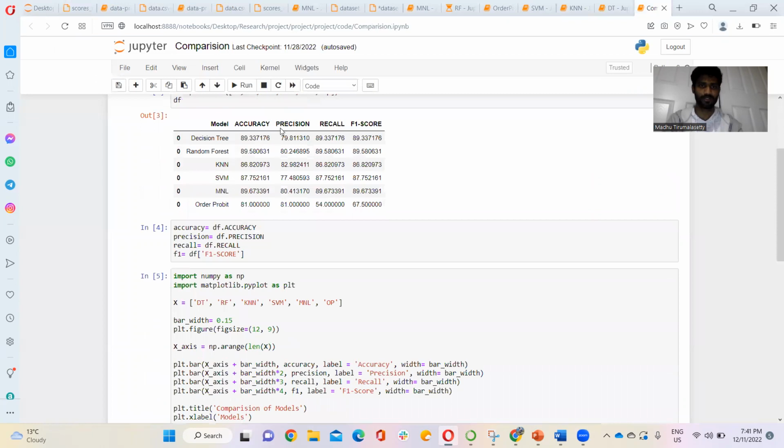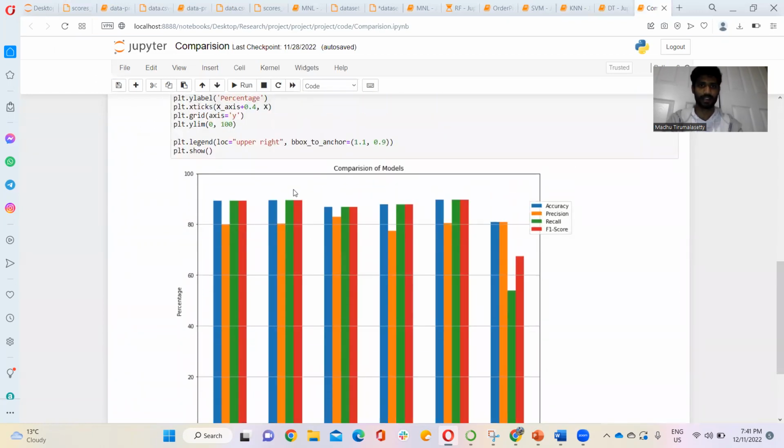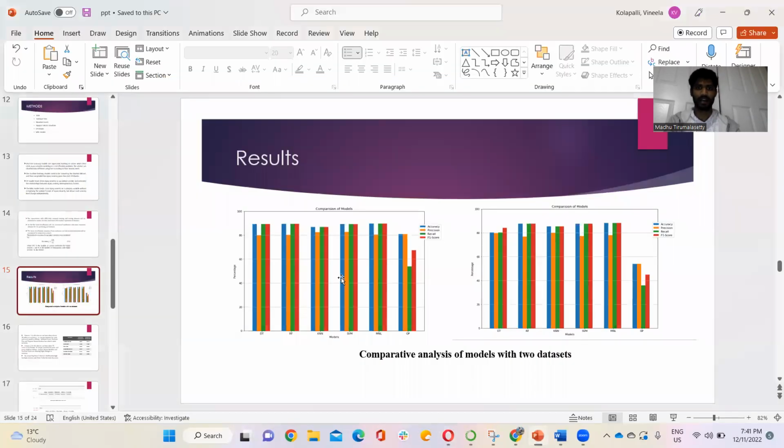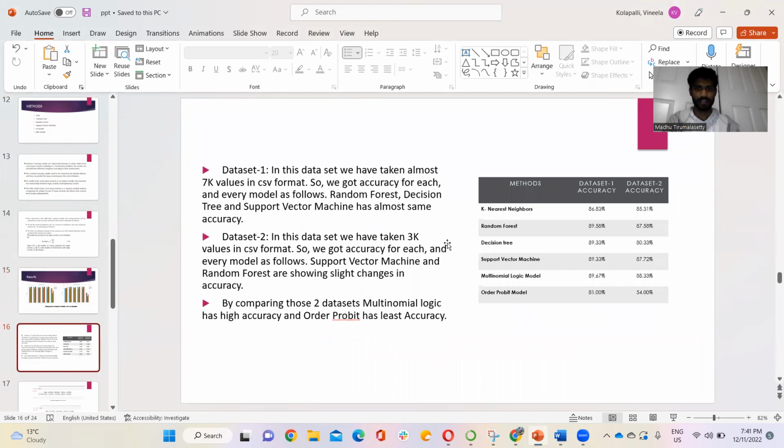If we execute this, we'll get the result in a graphical format like this. We got two different sets. This is for data set 1, which has around 7K records, and this for the second data set, around 3K. This is the accuracy for data set 1 for different models, and this is the accuracy for data set 2 for different methods.